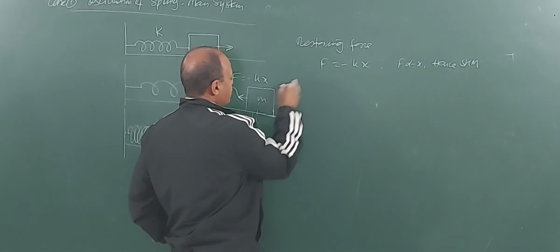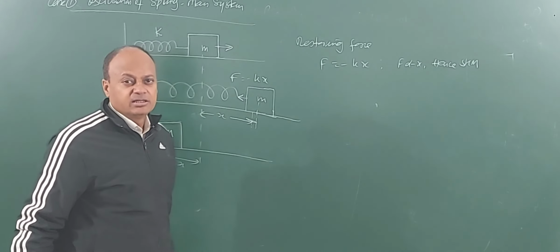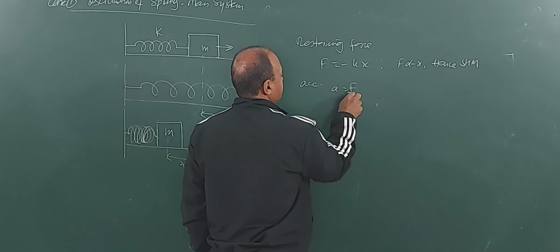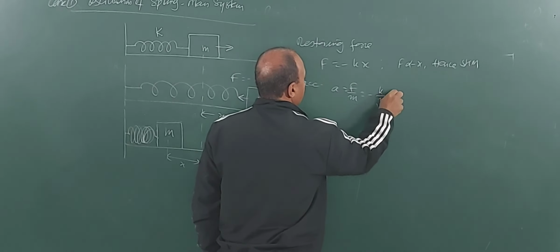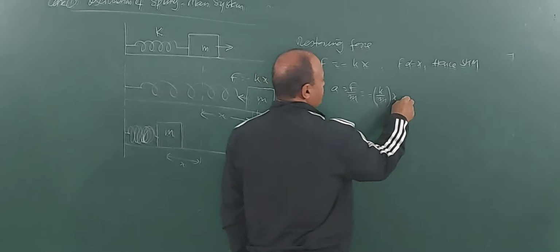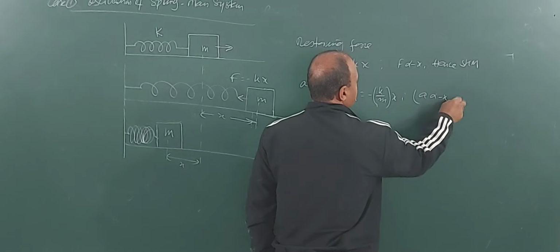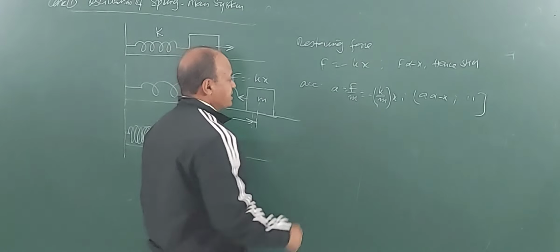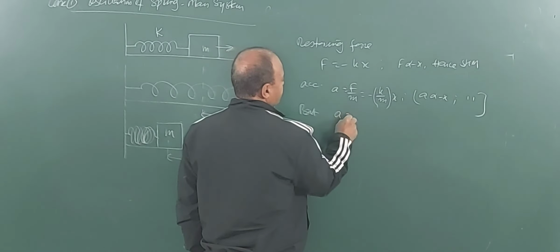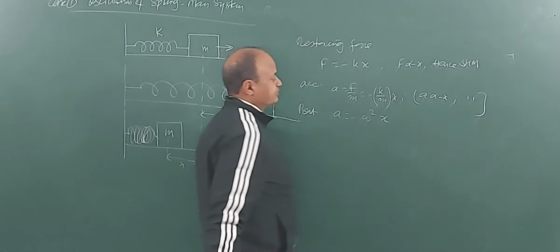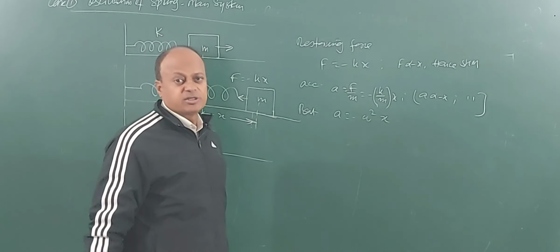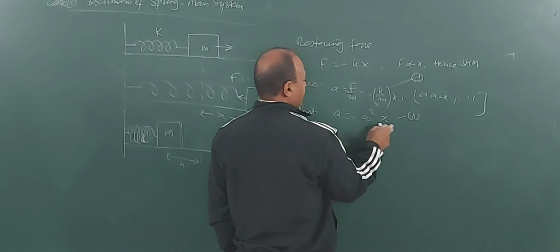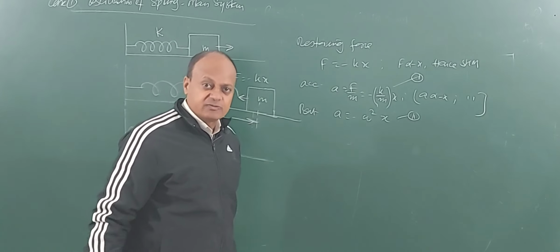Now, this force is going to produce an acceleration in the mass. So acceleration a will be F by m, so minus k by m into x. Here acceleration is also directly proportional to minus x, hence the motion is simple harmonic motion. But we know that acceleration is minus omega square into x. So every time we work with problems on simple harmonic motion, we will calculate the acceleration and then write acceleration is equal to minus omega square into x, which you already proved.